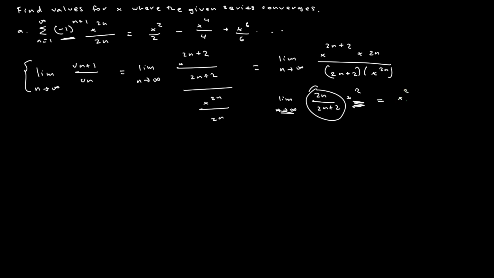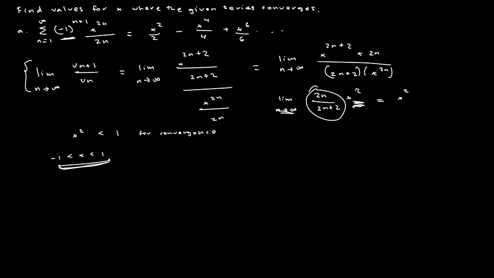And our ratio test tells us that x squared must be less than 1 for convergence. Right? That's just a result of the ratio test. And solving for that, we get x is less than 1 and greater than negative 1, because we're taking the square root of 1, and so we can have negative 1 and 1. So that's what the ratio test tells us. And so we have this interval of convergence, and